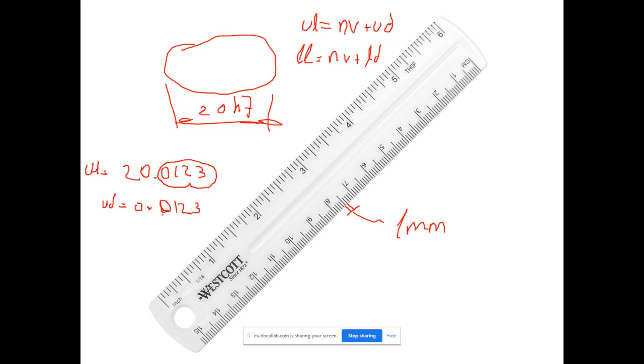Well, here we need to check whether the first figure at the decimal part is 0, second figure 1, third figure 2, etc. But if you by mistake use such a ruler, an elementary school ruler, you cannot see the decimal part, because using this ruler we can check the integer part only, whether it is 21 or 20. Cannot see these figures, cannot say anything about those figures, because the resolution of the ordinary ruler is 1 millimeter.